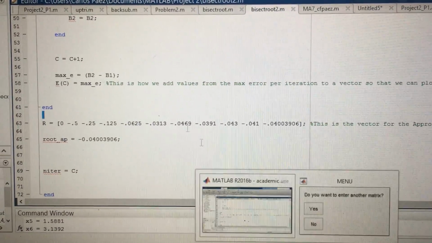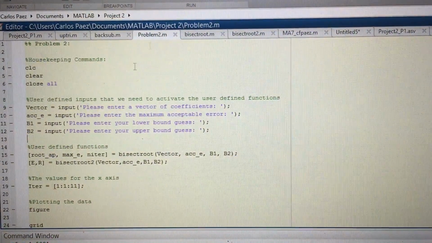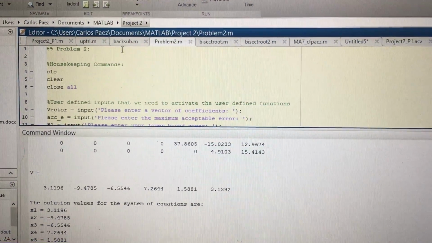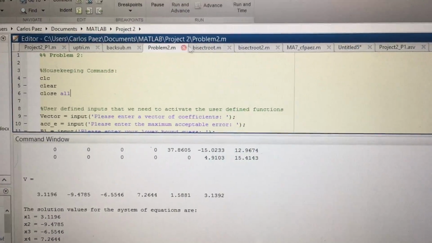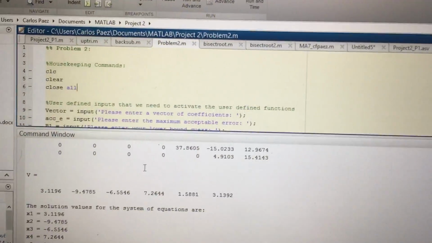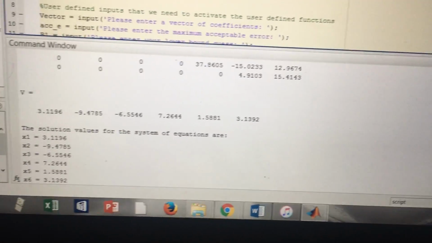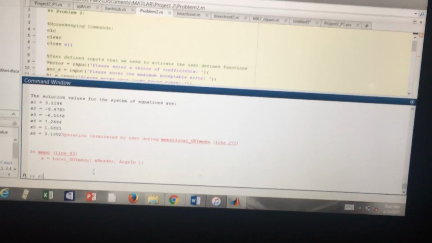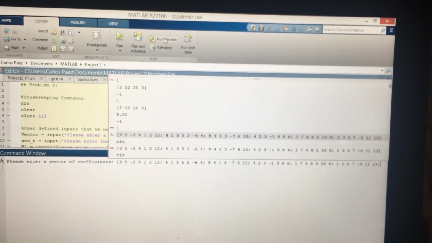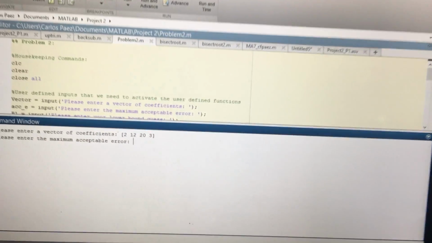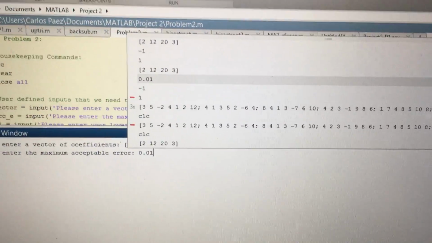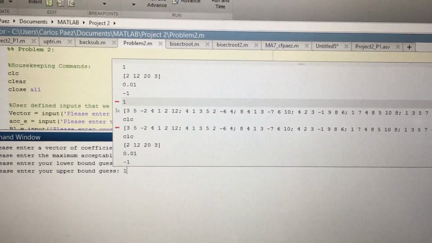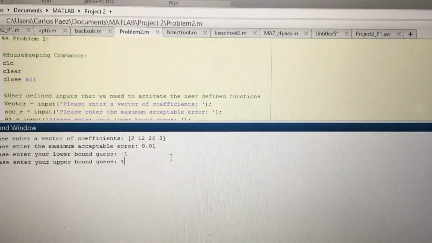So now if we input test cases, we're gonna input this vector. We're gonna input this maximum acceptable error, this lower bound, and this upper bound, right? And that should give us